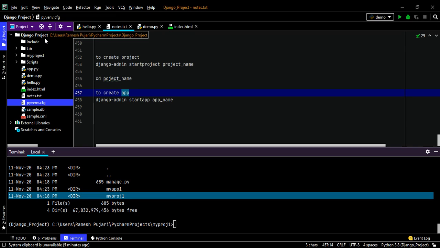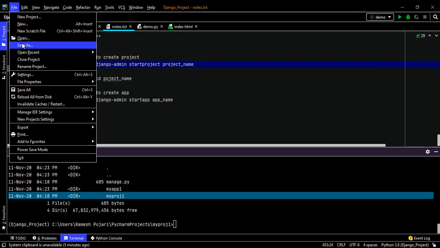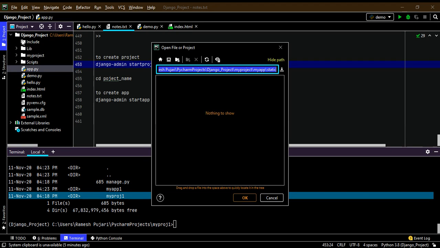It's not showing because I created it in the PyCharm directory, in the PyCharm Django project. So that's why it's not displaying here. I will open the applications. One second. So my saved applications is here.